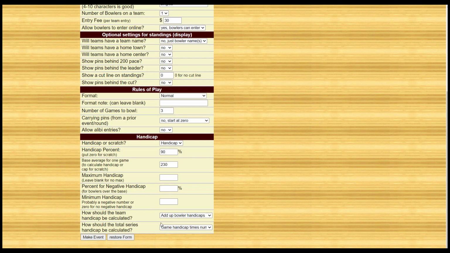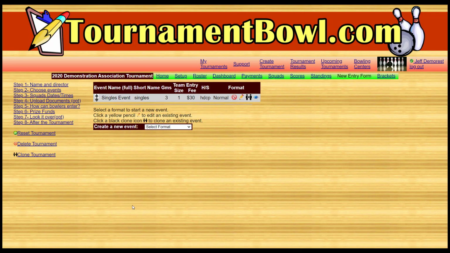And then down here is how you want your team handicap to be calculated. The most standard is just to add up everybody's individual handicaps, but that's not what everybody does. Sometimes you take the team handicap, calculate it together, and the truncating makes it a little different, depending on what setting you use. And again, for the series, it can be based on the series average or just adding up your game handicaps. So let's make the event. And then now we'll make another